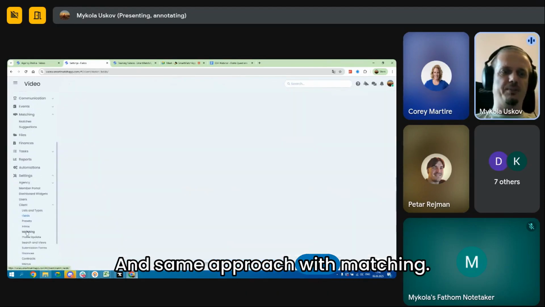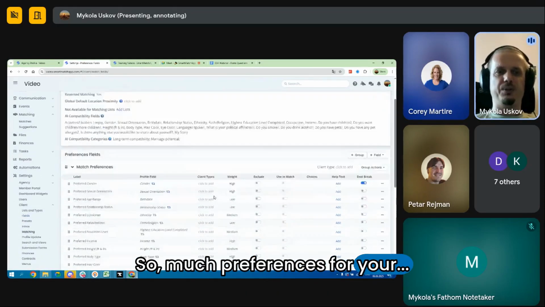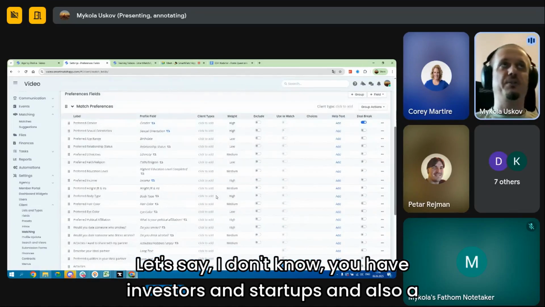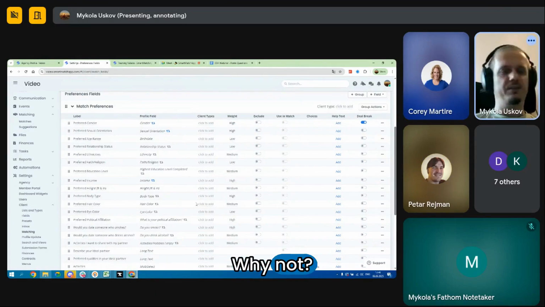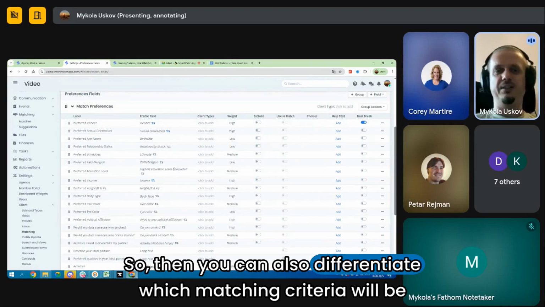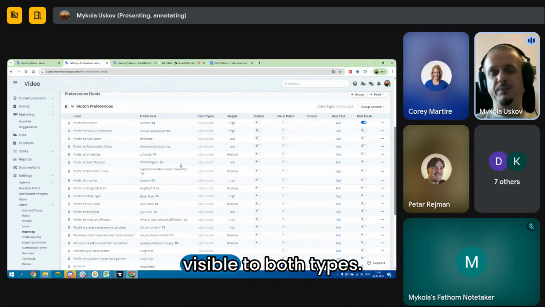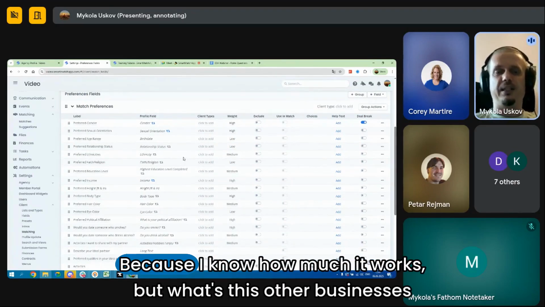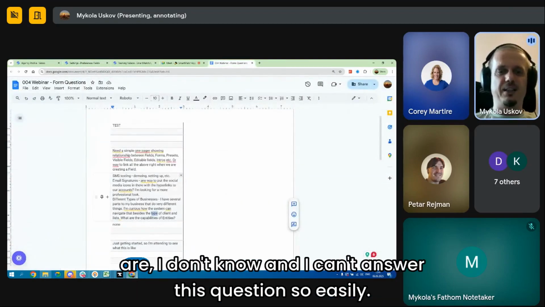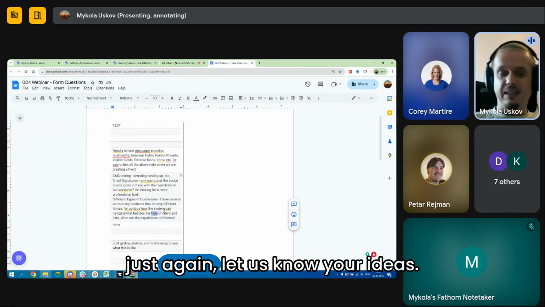And the same approach with matching. So match preferences, for example, you have investors and startups and also a dating business under the same umbrella. Why not? Then you can also differentiate which matching criteria will be visible to both types. And from here, it depends on the business model, because I know how matching works, but what these other businesses are, I don't know, and I can't answer this question so easily. So just again, let us know